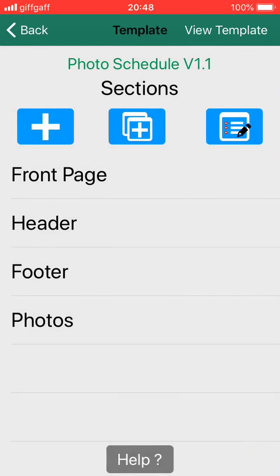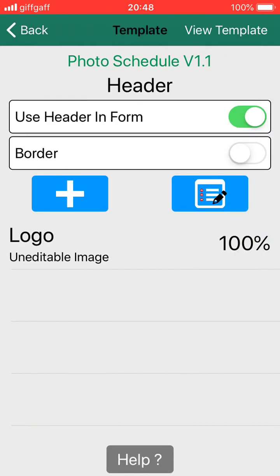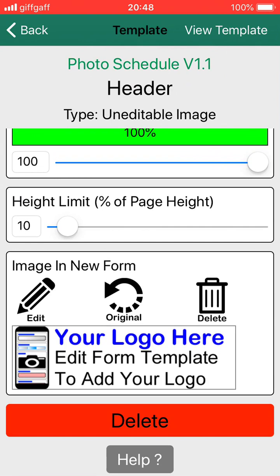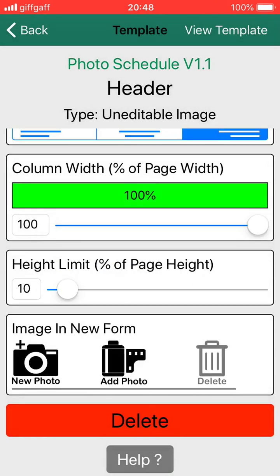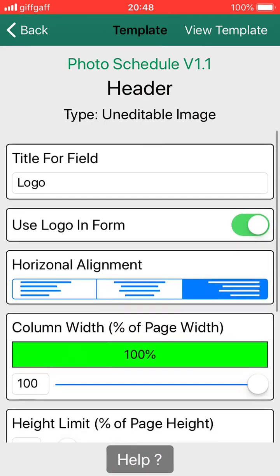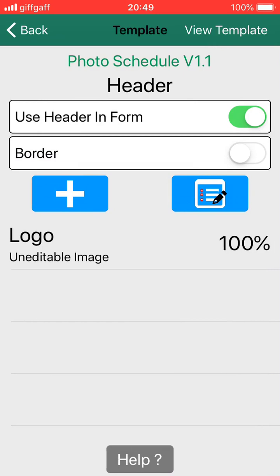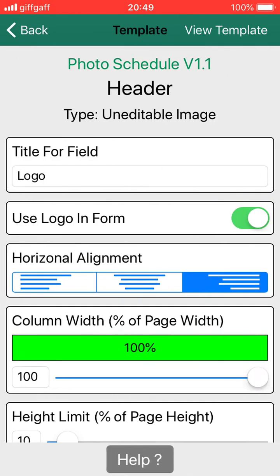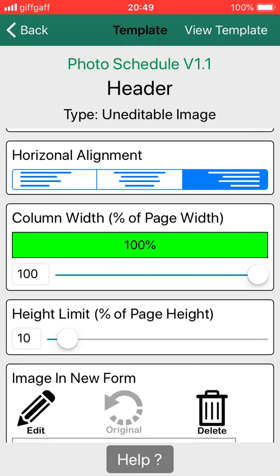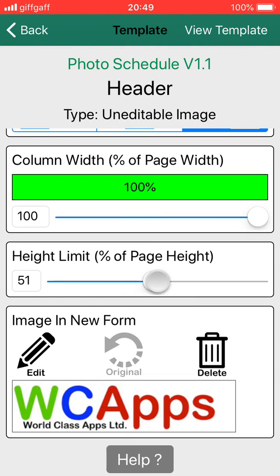So let's go through the header. The header also has a logo which is set to the standard logo, and we would want to change that. Again, selecting your logo from the camera roll. The header and footer has three options that you can add, one being in the left, right and then centre. So if we look at this, this logo is now filling the full width of the page, but it is justified to the right. If we want to change this size of this logo,